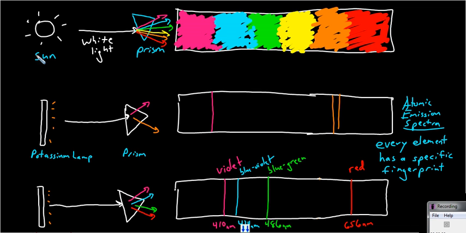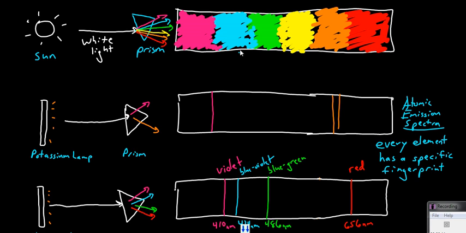The sun or any typical incandescent bulb in your home releases white light. White light is a light of all of the different visible colors within the visible spectrum. It has the entire rainbow included within it. So that when this white light goes through a prism, you can actually see there are all of those different colors